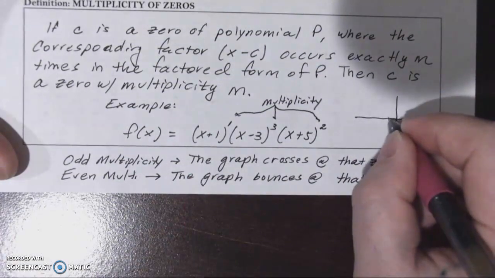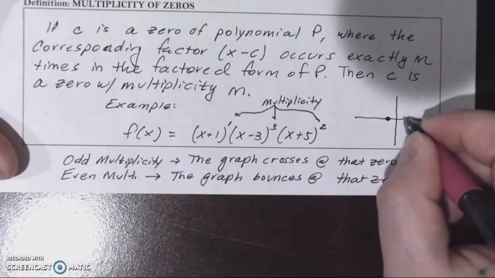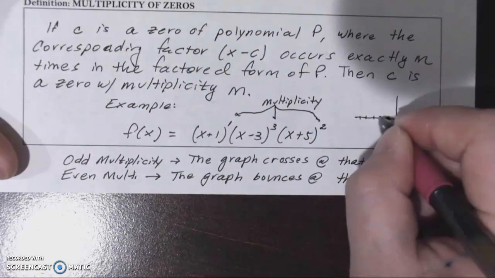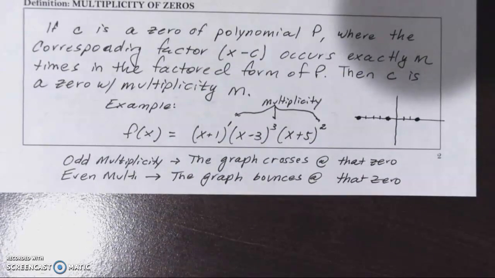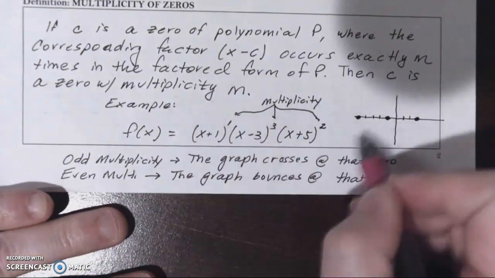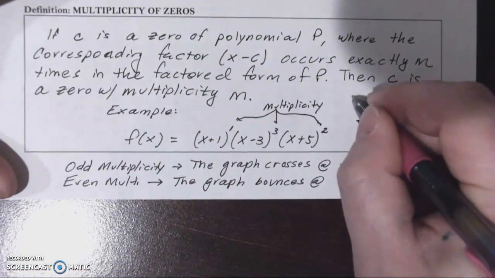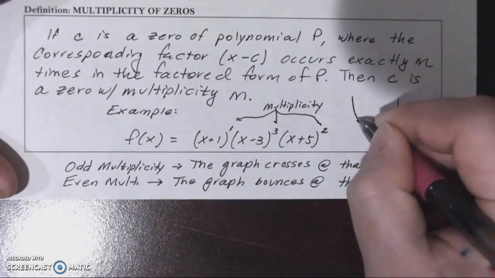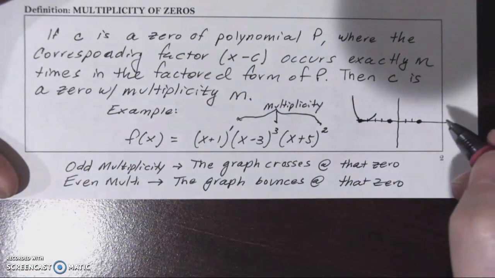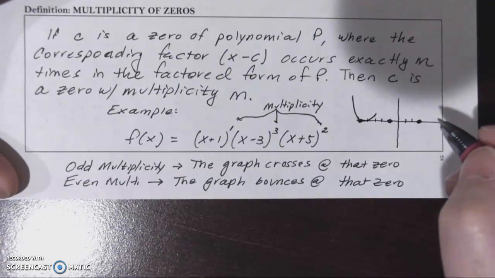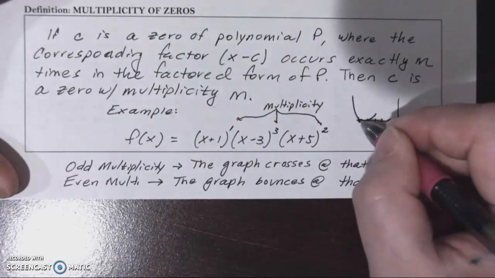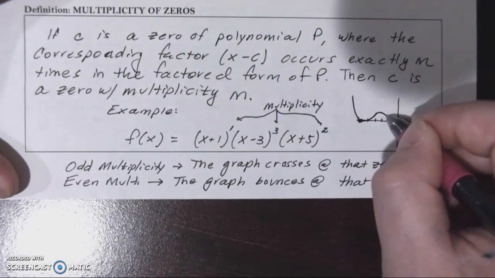Zeros of -1, 3, and -5. Okay, so at this 0, multiplicity 2, it's going to bounce. Now this is 6th degree, even, so we're going to be up and up. It bounces off this one, okay? It would then cross, sorry, where's the -1? It's going to cross at -1, and then it's